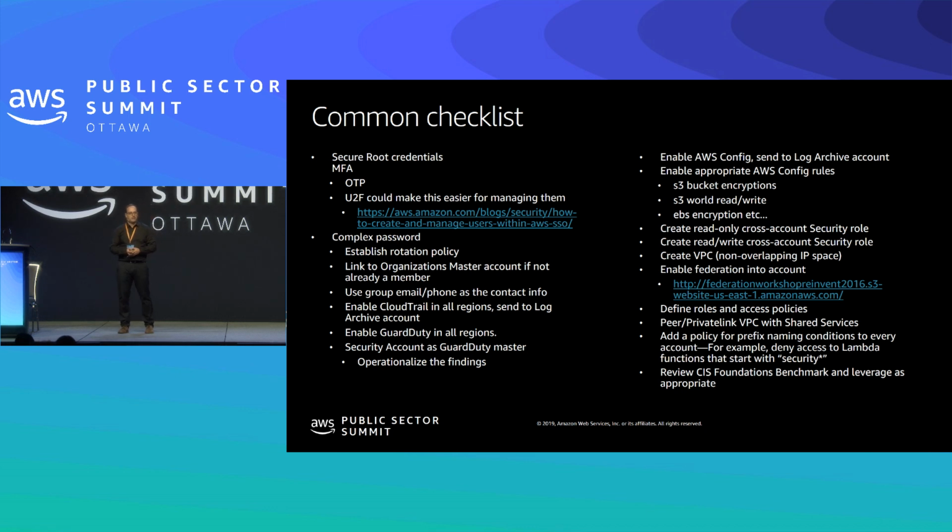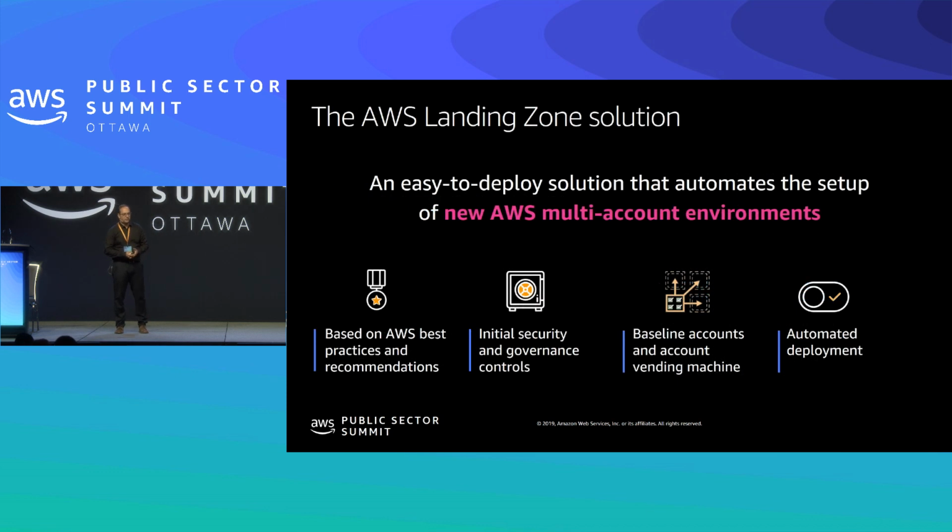And as James talked about, he mentioned this Landing Zone 2.x. So what is this Landing Zone 2.x? Well, it's a solution that we provide if you want it, where it's an easy deploy solution that automates the setup of this new multi-account strategy. So now we're talking about that automation and how you can begin to build out these compliance and governance rails in terms of your multi-account strategy.